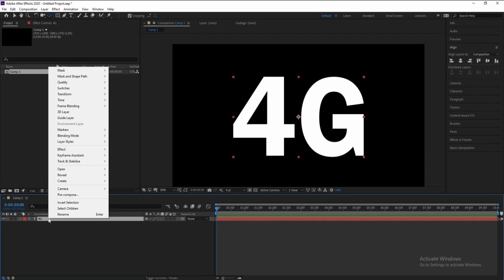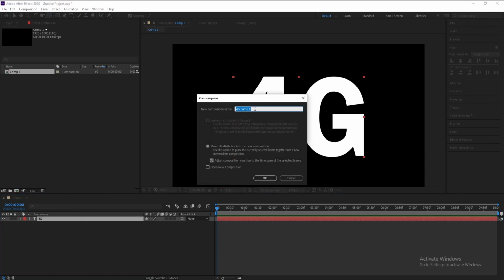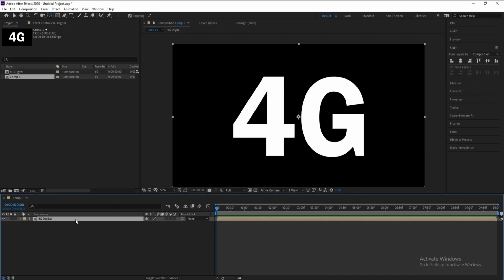Okay, right click, pre-compose, and name it 4G digital, and make sure that you are on move all attributes into the new composition, then hit OK. Double click, Control D,